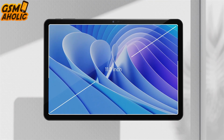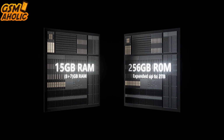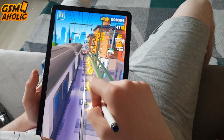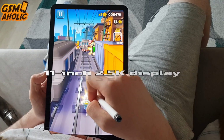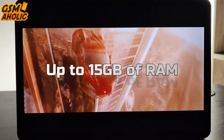The Doogee company is once again disturbing the market with a high-end tablet at a budget-friendly price, leaving the competition struggling to keep up. It's equipped with the latest and fastest 4G chipset available, the MediaTek Helio G99. The device boasts a large 11-inch 2.5K display offering stunning visuals, paired with up to 15GB of RAM and a long-lasting